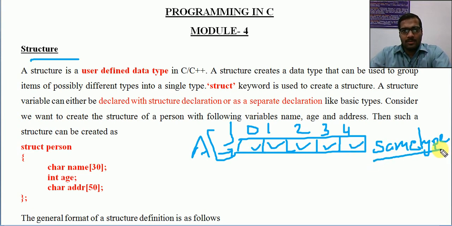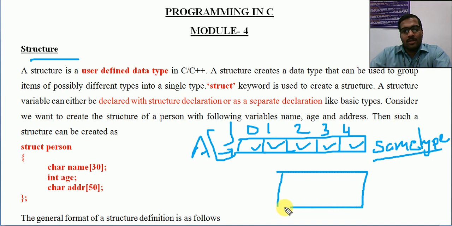Okay, so when we require only these types of information, like if you want to have a set of numbers only, we can use arrays. If you want to have a set of characters in the form of a string, we can use a character array. Or if you want to have a set of float values only, we can use the concept of arrays. But assume that there are situations when we require a record-like structure.